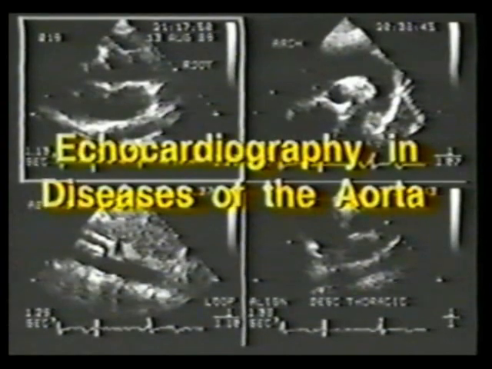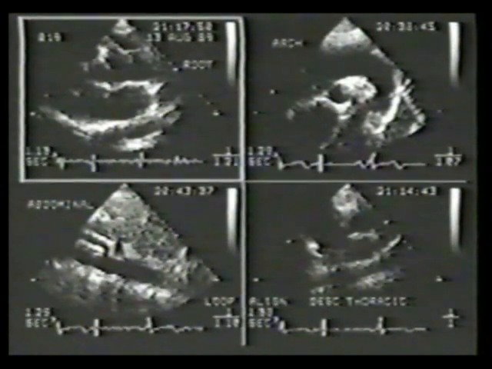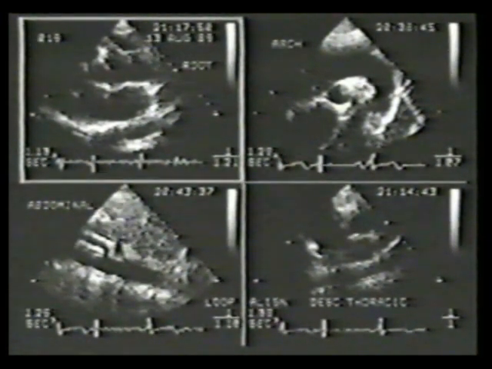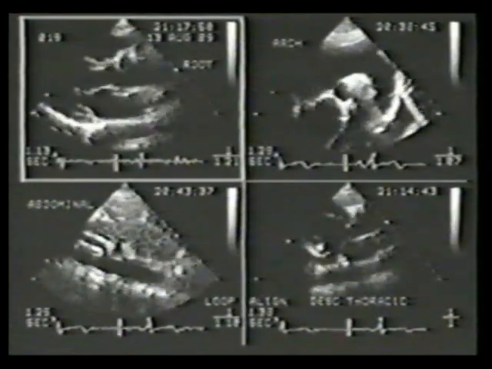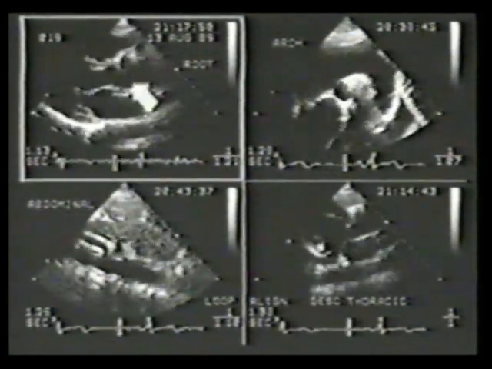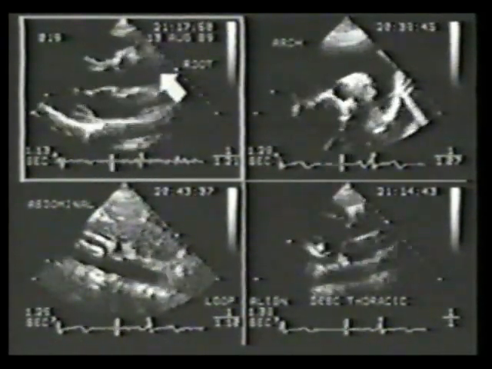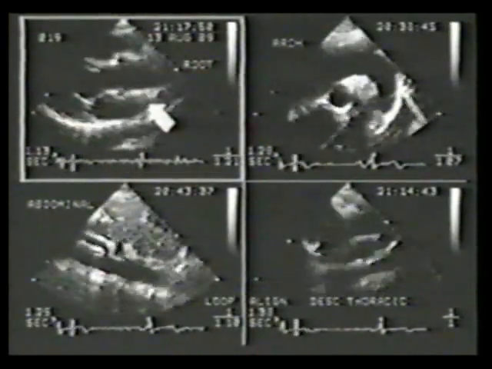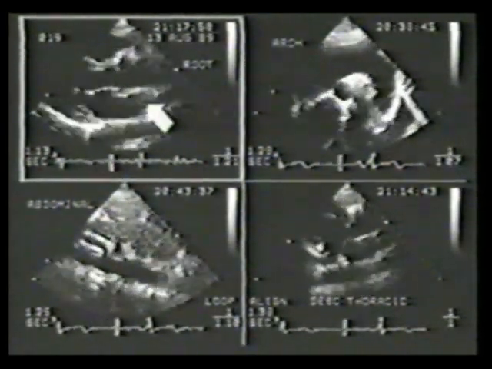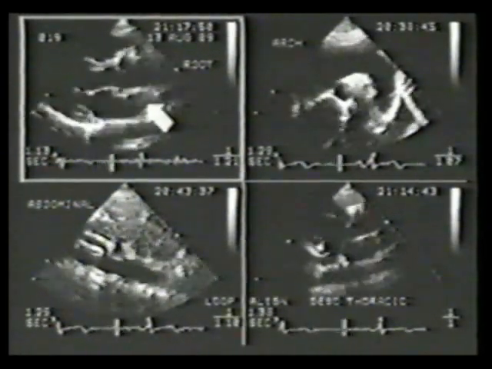Normal 2D views of the aorta were discussed on tape number 1 of this series. We would like to review these now before proceeding with the discussion of aortic diseases. From upper left parasternal positions, the aortic sinuses and the proximal ascending aorta can be imaged. As the aorta dilates with various disease processes, right parasternal transducer positions can also be used to inspect this portion